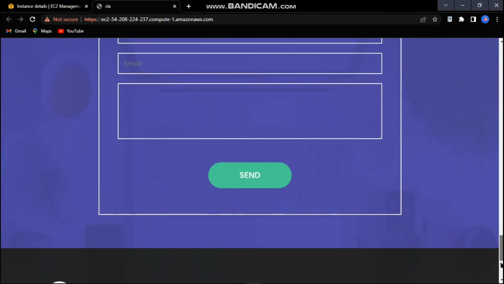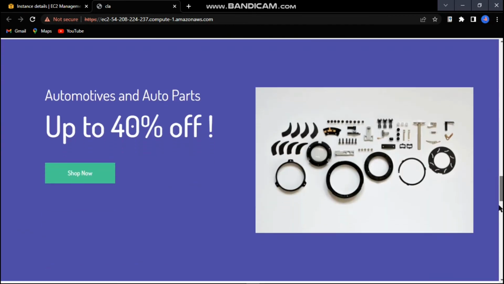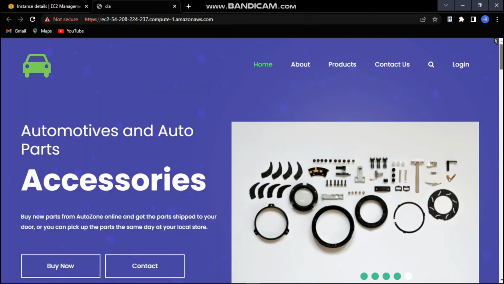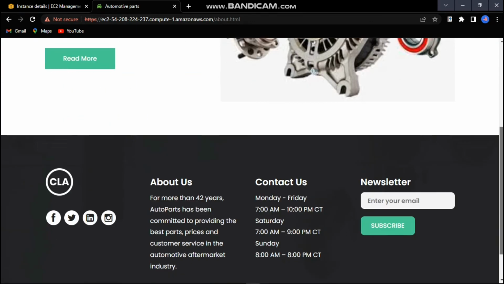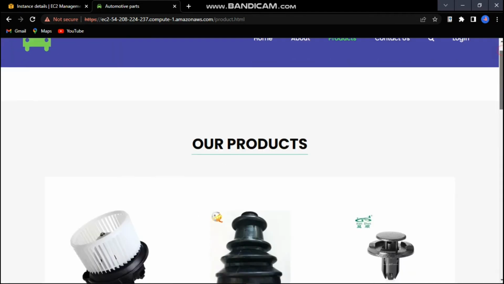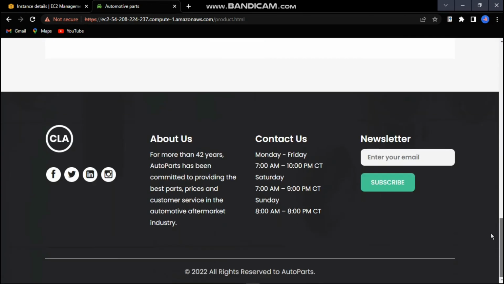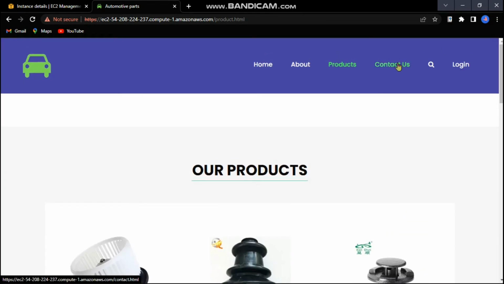This is the contact us form. About us page. It's loading. It's good. Products page is okay. Actually, this is a template that the student shared. So I used this template